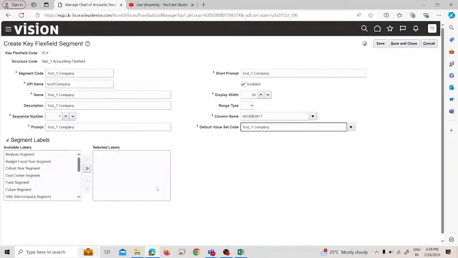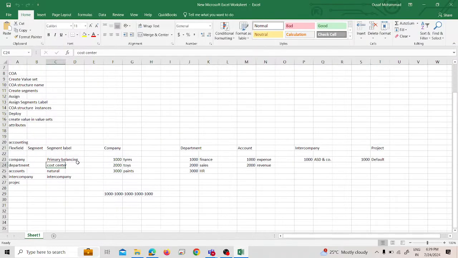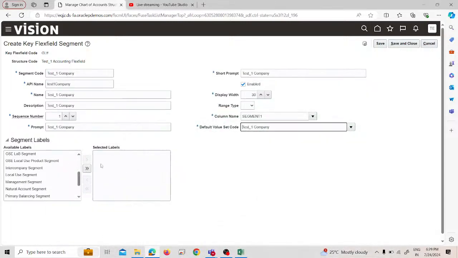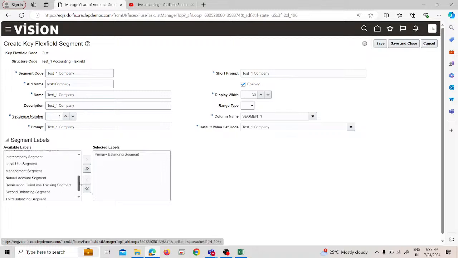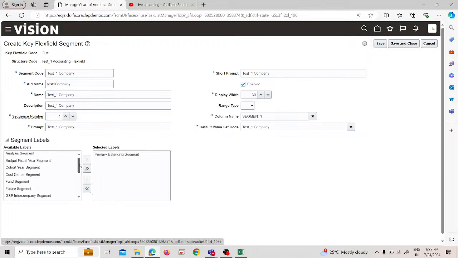We create, okay, and now from here we will provide the segment label, as we have discussed in the last session about the primary balancing segment. We will just add it from this arrow, the primary balancing segment. There are more levels available here, and these levels are used as per requirement. We are creating the flex field. Suppose we are creating anything financial, we can create the fund segment, future segment. Okay, when we click save and close,